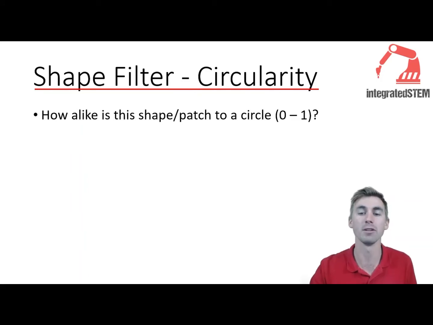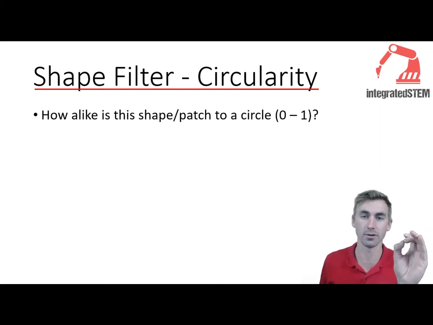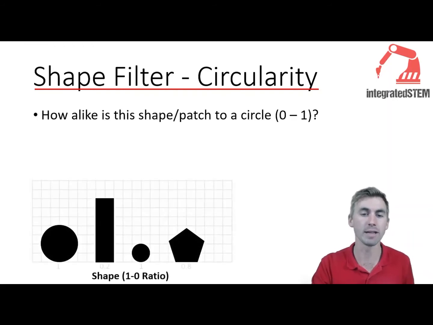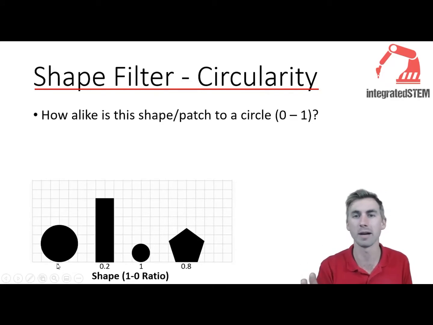Now, we might want to use circularity. Circularity describes how circular the shape that we're looking at is. And it isn't a number, but it's actually a ratio between 0 being absolutely not circular and 1 being the perfect circle. So again, we'll get these shapes back again, but now we've actually graded how circular they are. Now, there's a lot of mathematical equations that happen behind these algorithms. I'm not going to talk about that particularly, but just know that this is approximately their circularity, 1, 0.2, 1,